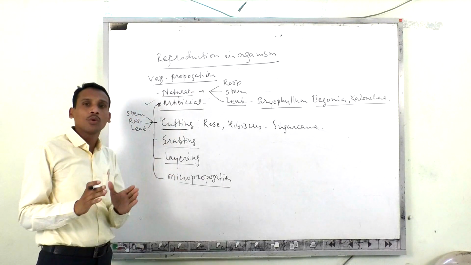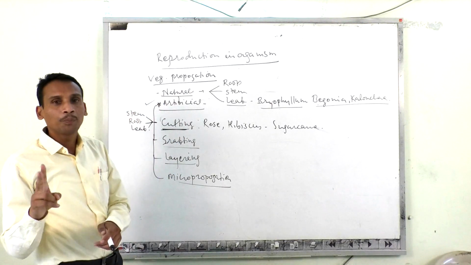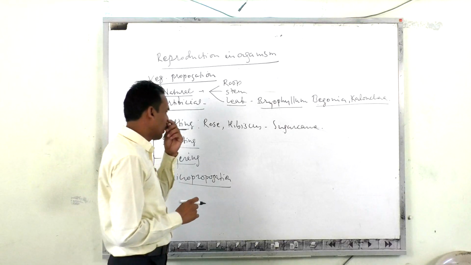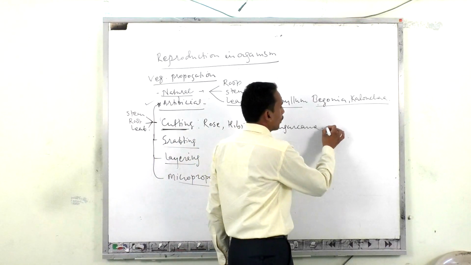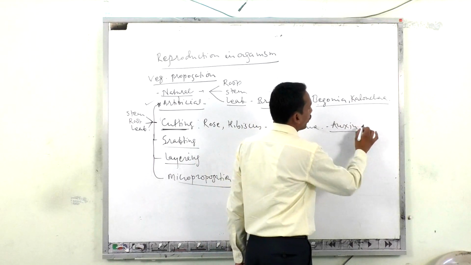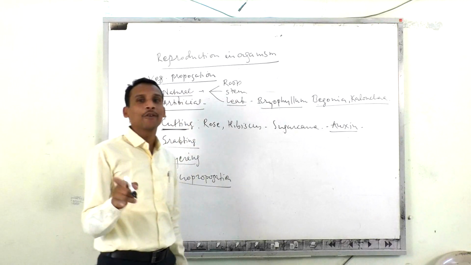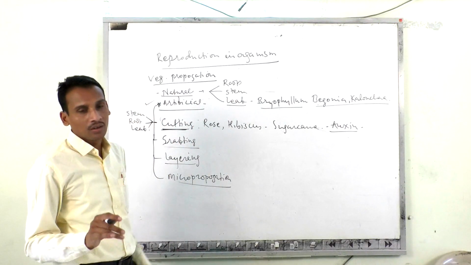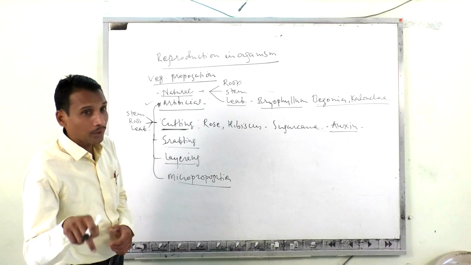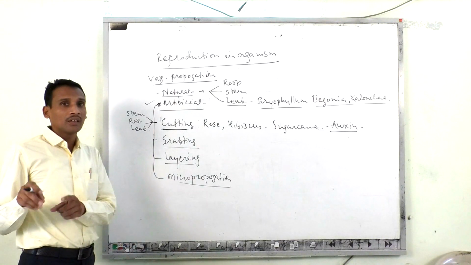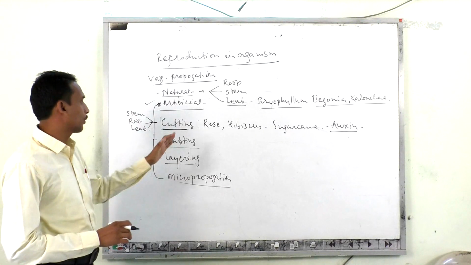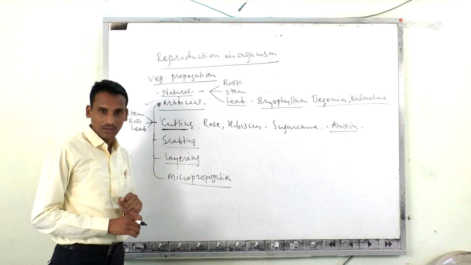In this way, in this cutting technique, we simply separate pieces of the plant parts and plant them. In some cases, a hormone, such as an auxin hormone, is used to initiate adventitious roots in the new individual. All the plants produced here are similar to the parent plant. So this is one of the techniques that we call cutting.